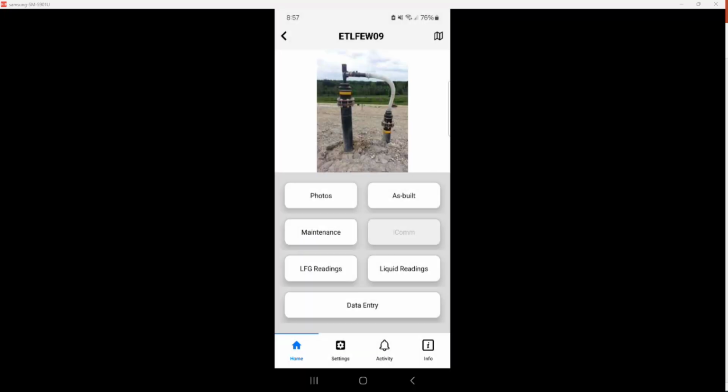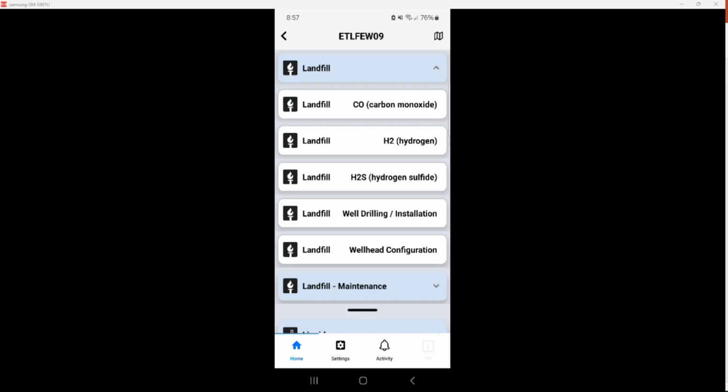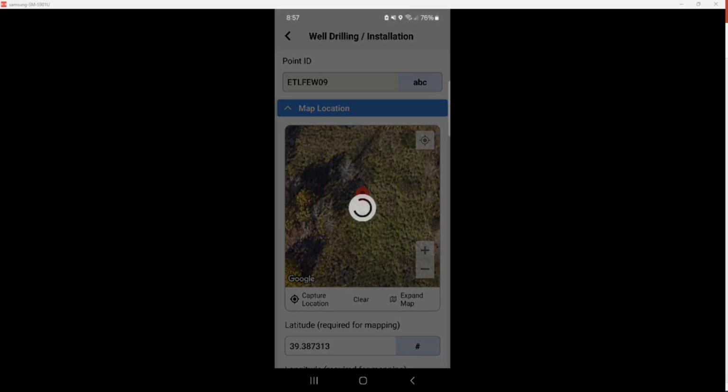Once it's been selected, we can go down to the data entry section there at the bottom. We will select landfill. And then you have a couple different options here. There's the typical carbon monoxide, hydrogen, and hydrogen sulfide data entry, as well as the well drilling installation option. Go ahead and select well drilling and installation. This will show the location